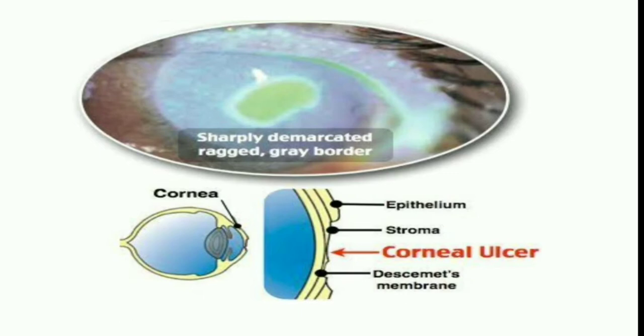But in corneal ulcer, that means here there will be a break in the corneal epithelium with underlying necrosis of the cells. Then it is called as corneal ulcer. So as a line of defense, WBC will come to that area and it will surround this invading organisms just like bacteria, fungus, like that. So what happens is that some of the WBC will settle down in the anterior chamber of the eye, and that is observed as hypopyon.